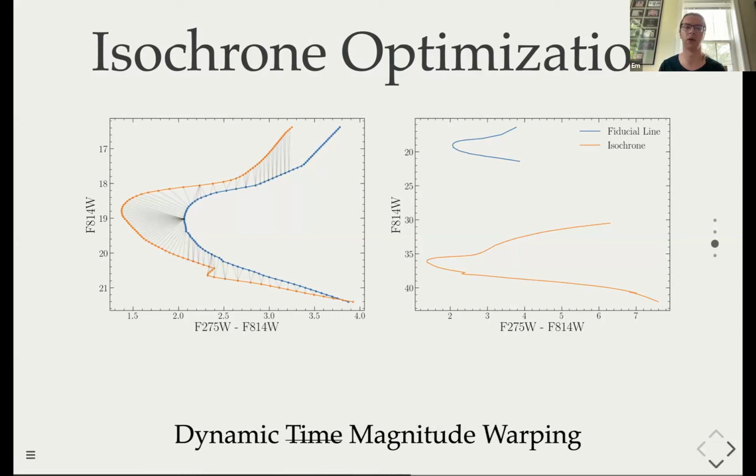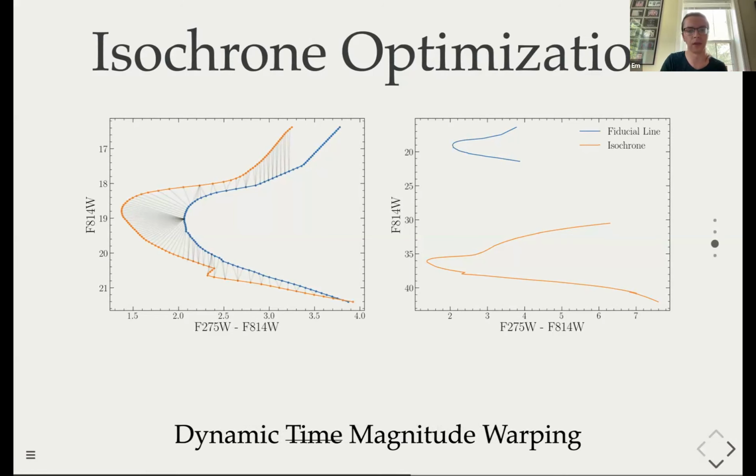Effectively, if you're familiar with isochrones, this lets us identify equivalent evolutionary points on the fiducial line and the isochrone, and then measure the distance between those equivalent evolutionary points. This gives us a slightly more curved objective function space, so it's a little bit easier to run an optimizer